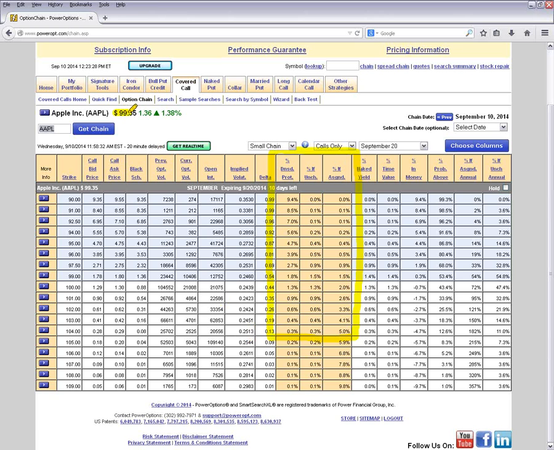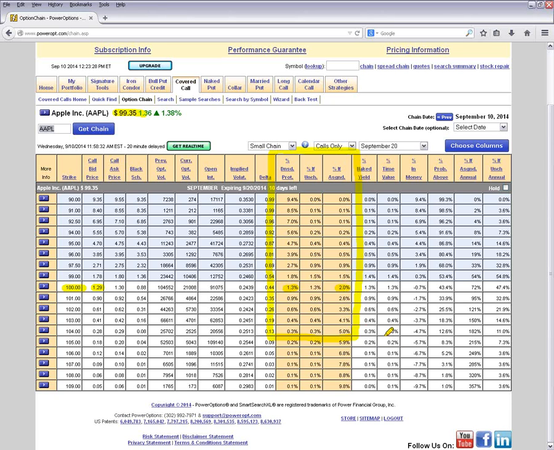For example, if I went out today and bought Apple at $99.35 and looked 10 days out to the September series and sold the 100 call, we would get a 1.29, 1.30 bid-ask spread. You've got some other data here of volume, open interest, delta, and so forth. But we see here, as a covered call, we'd have a 1.3% downside protection and a 2%